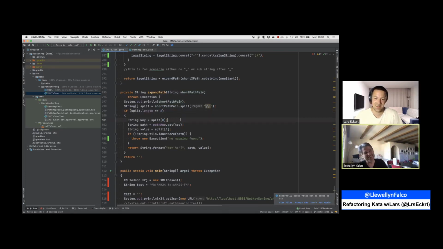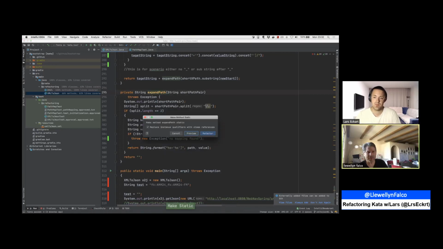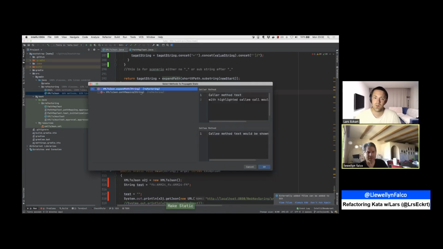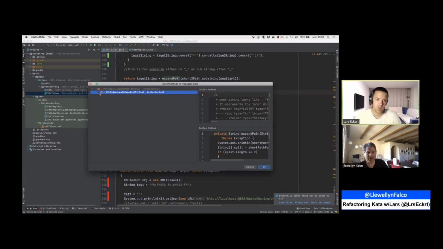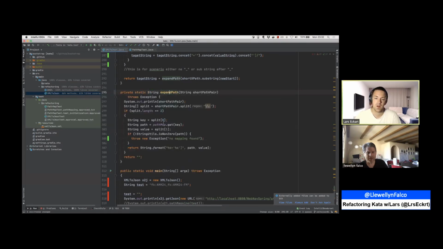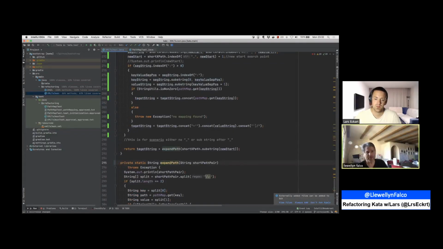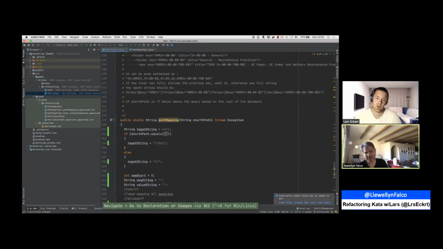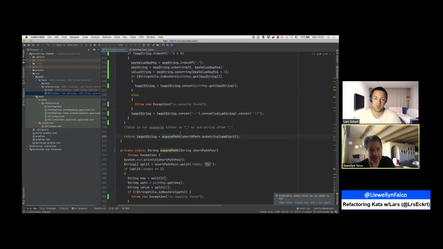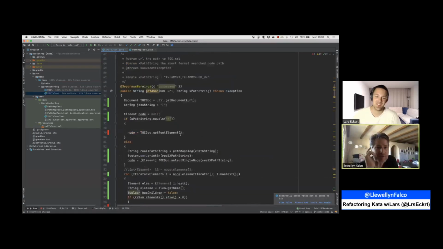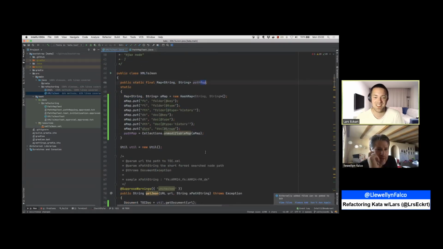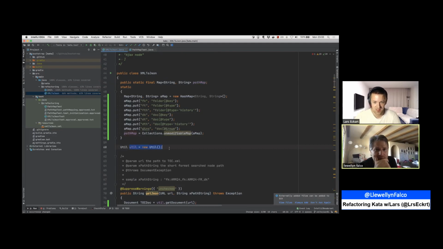Okay, so we have the split, we got the length. Yeah, I like this method. You can make it static, there's no reason that it's not. So we can also make the one calling it static. Yeah, there's no reason for it not to be, right? It doesn't use any member variables. In fact, I don't think this class even has member variables. Only this map, yeah. Oh, it has a utils. So anyhow,